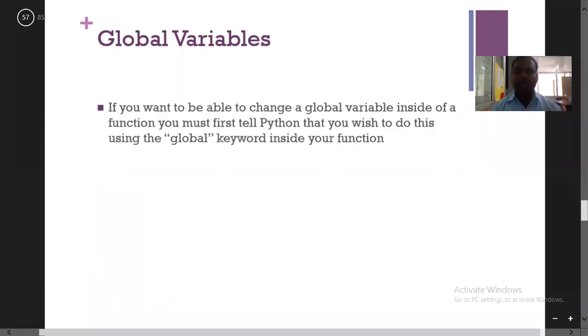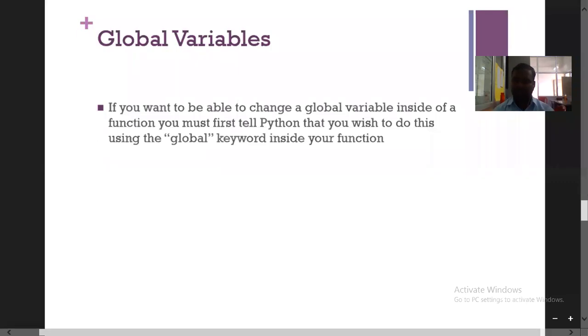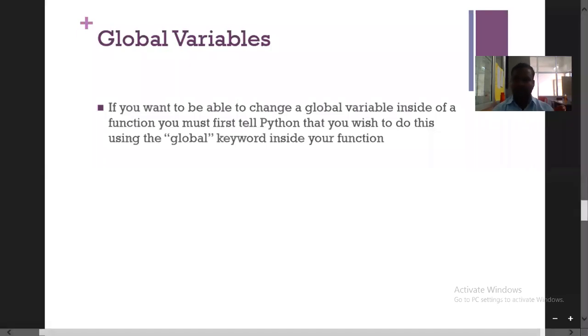If you want to be able to change the global variable inside of a function, you must first tell Python that you wish to do this using the global keyword inside. See, for reference purposes he is using this: if you want to use the global variable, then you have to use the global keyword inside the functions. If you want to use inside the